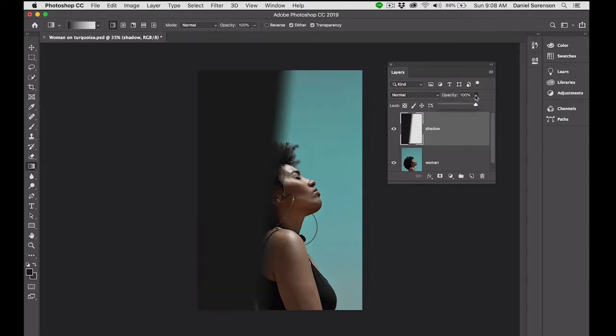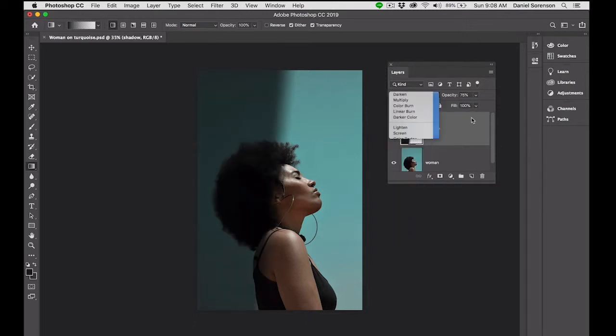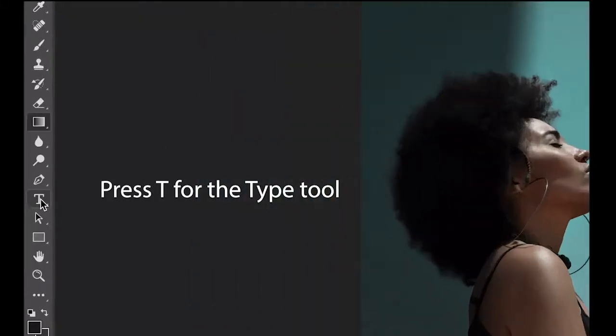See what it looks like when I lower the opacity and change the blend mode to multiply. All right, I think that's working pretty well. So immediately the image is far more dramatic and it feels much more intense emotionally. Our attention is focused on the woman, and we now have an area up here in the left that's perfect for adding some type. I'm just going to select the Type tool,